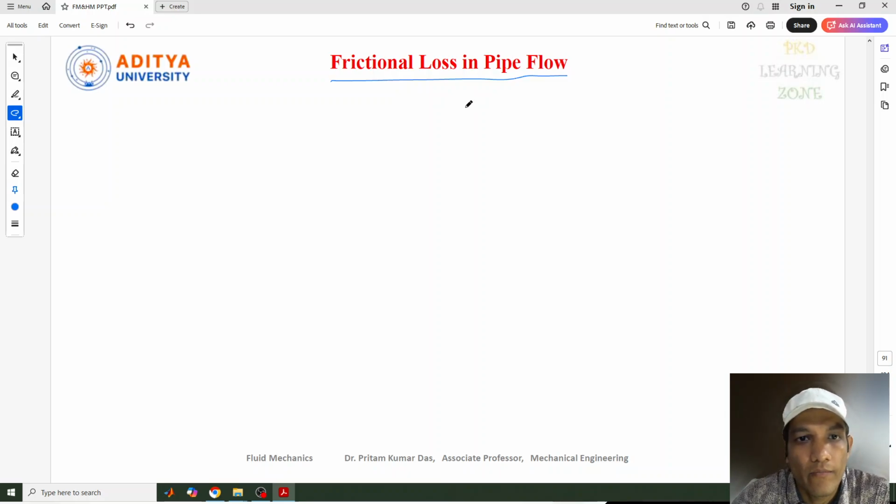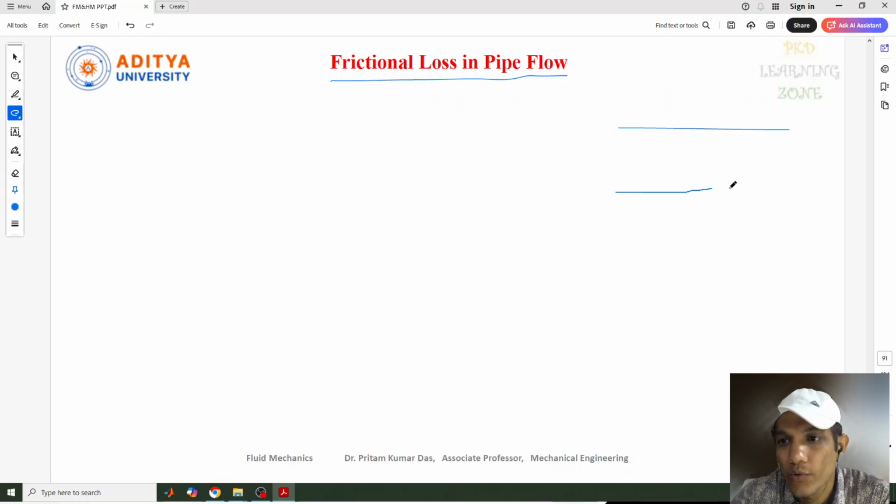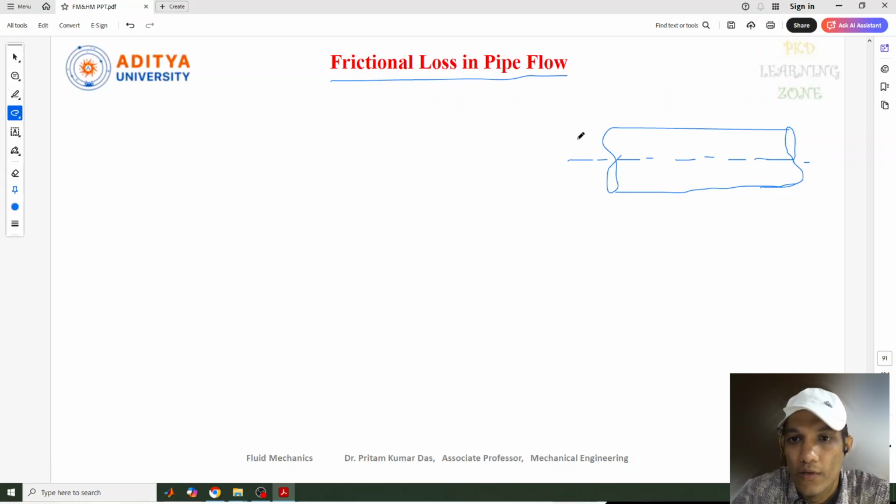So, for discussing this frictional loss in the pipe flow, let's first draw a pipe through which we can show the liquid flowing. Let's draw the diagram of this pipe in this way, and let's draw the center line of the pipe. Now, the liquid is flowing with a velocity of u, suppose capital U or capital V we can